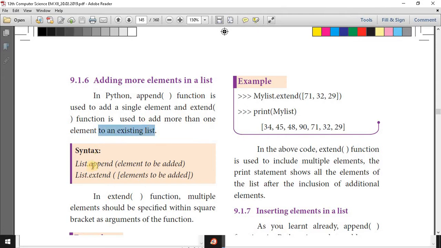So list name dot append, list name dot extend. These are the syntax. Append means we can add a single element at the end of the list. The list already exists with some elements, and to add a single element at the end we can use append.